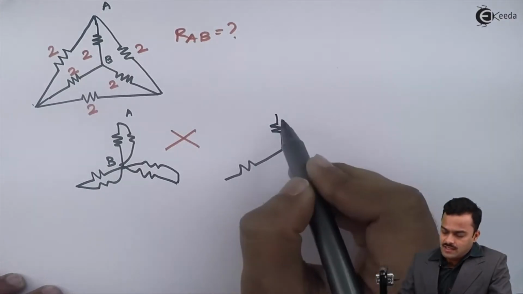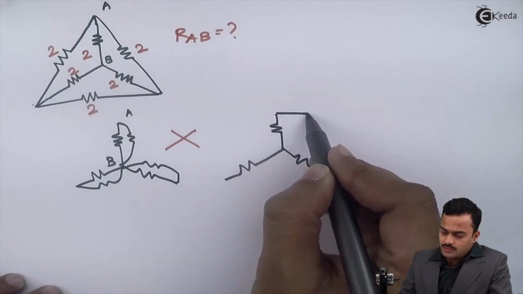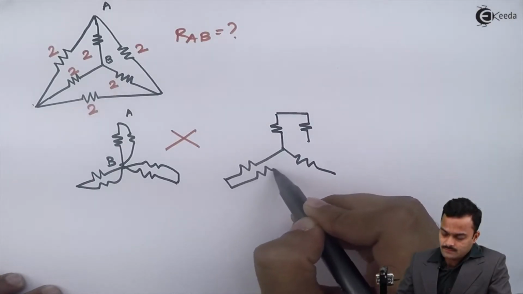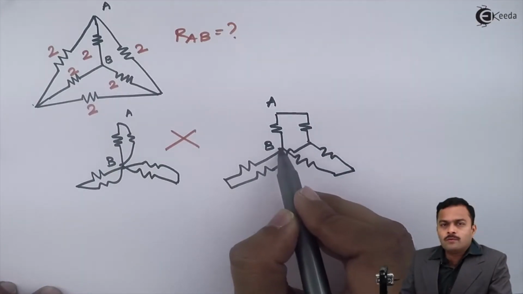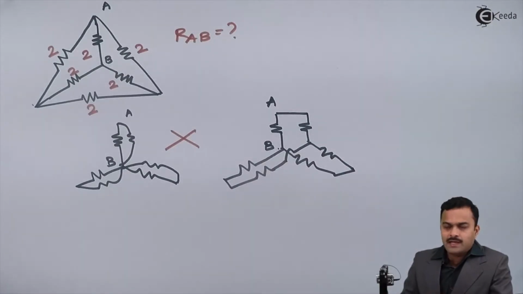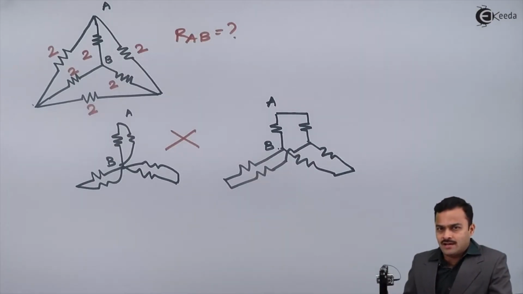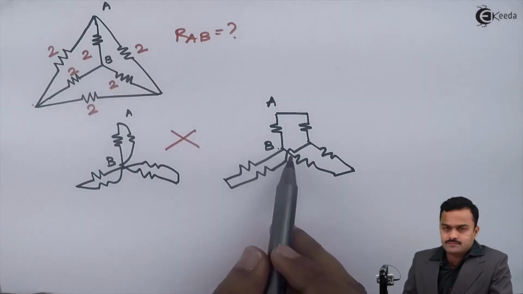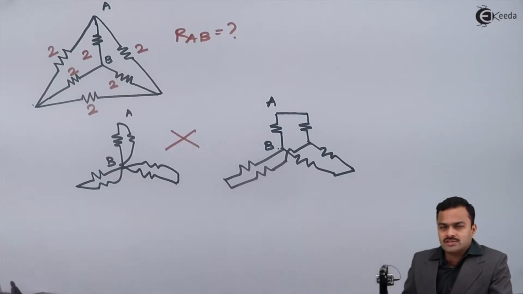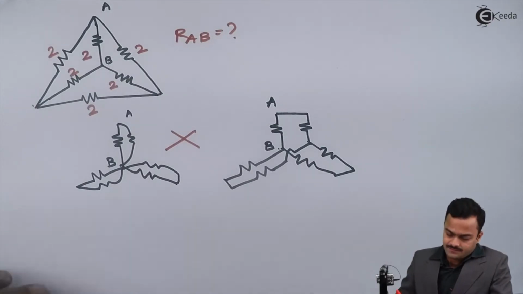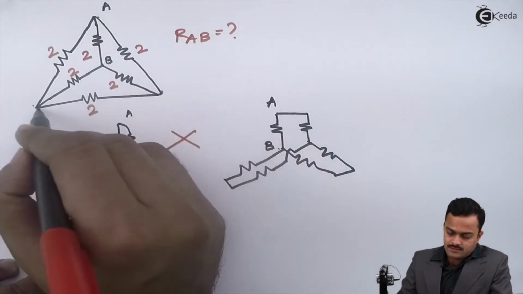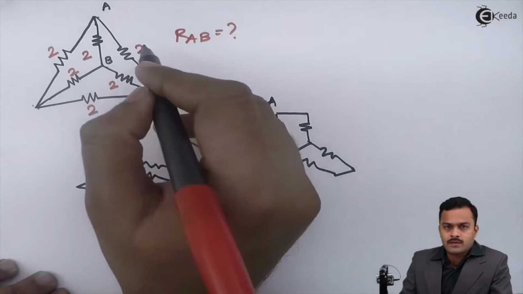This is the original star and one more star you will get like this. These 2 points won't be the same. So whenever you convert the outer delta into star, you may get this problem. And then you have to redraw the circuit and unnecessarily the number of steps for getting an answer will increase. To avoid this, what will I do? I will simply consider this star and convert it into a delta.